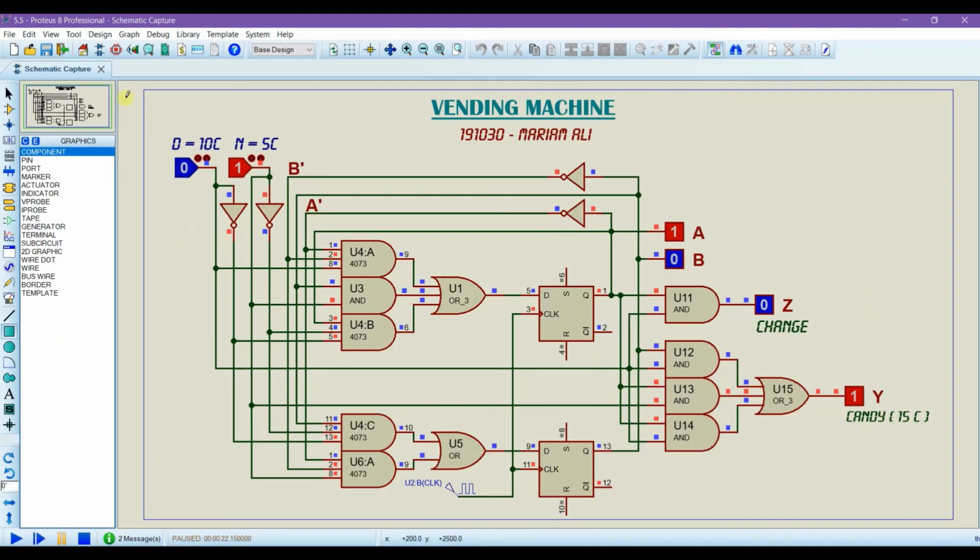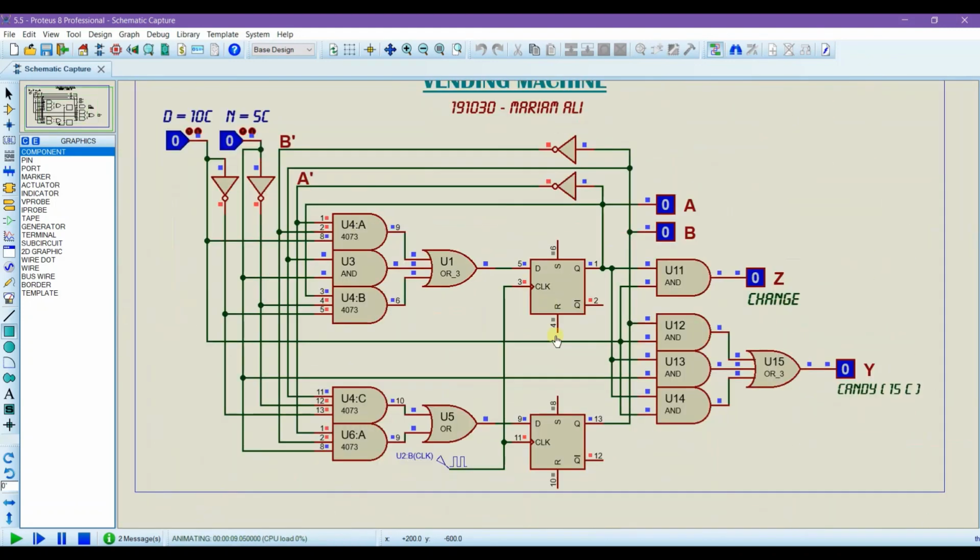So this is how the system works. If I provide it 0 0 here, then everything gets ready for you. For 0 0 nothing happens, because no coins are inserted, so there is no change and no coin is stored here at a time. For the AB, the D flip-flop is going to store it, and further there is a clock system of 1 Hz.